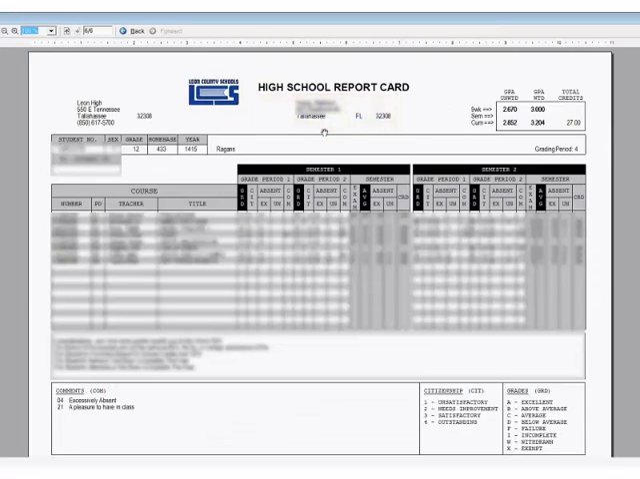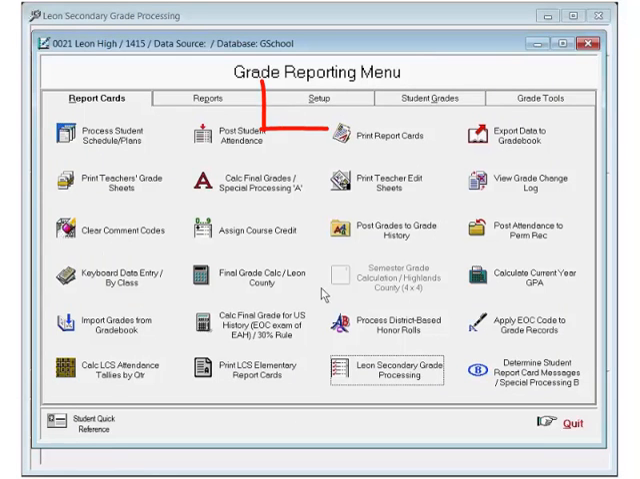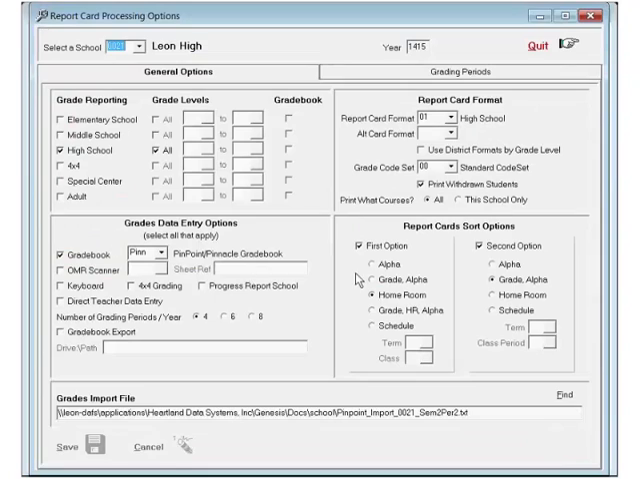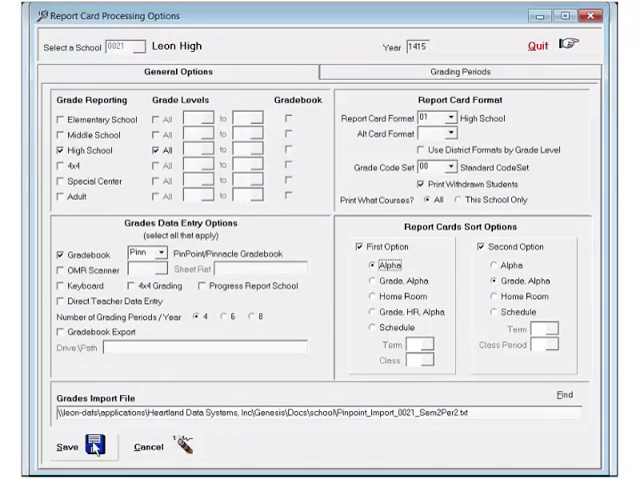Now let's say that I've selected a lot of students to reprint, and I realize that I really needed to have them sorted alphabetically. No worries, I won't have to lose my selected students. I'll just close this report card viewer, and I'll leave the screen set up. I'll return to the grading menu and go back to Setup. Then I'll go to the report card processing cycle screen. And in the lower right corner where the report card sort options are, I'll change homeroom to alpha. Then I'll click Save, return to the secondary grade processing screen,